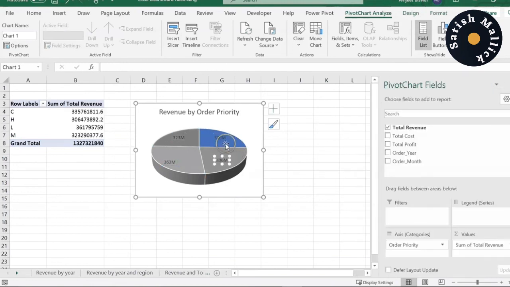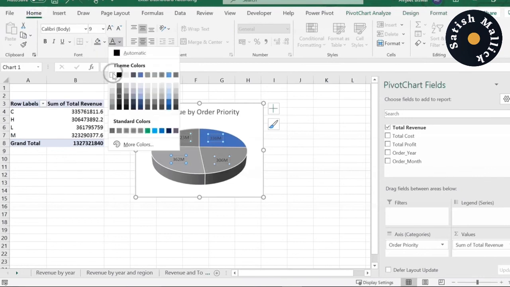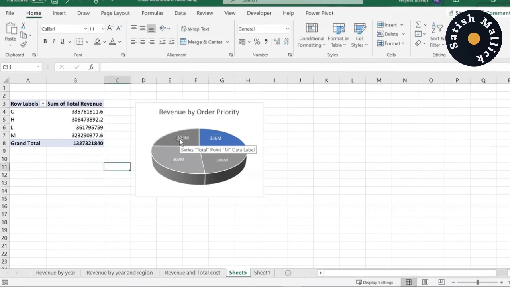I will just move this to the center. Alright. Now if you want, you can change the color of the text as well. So let's have it in white color and see how it looks. Okay, so this looks pretty decent. Cool. Now moving to our next